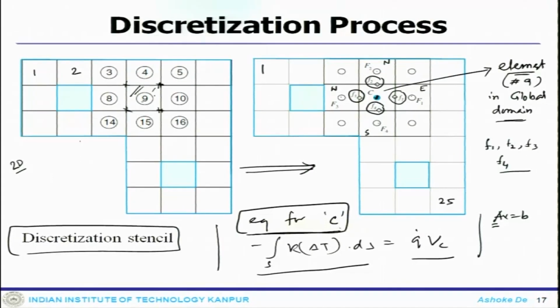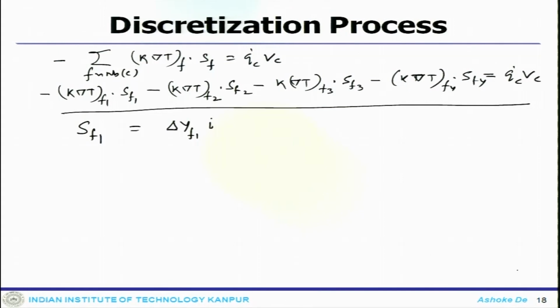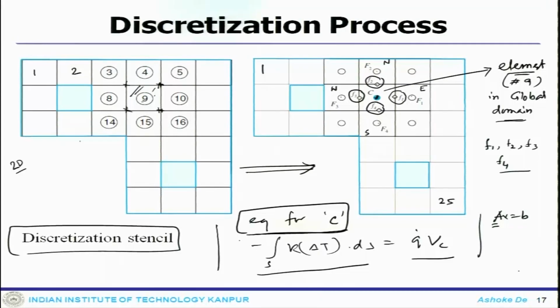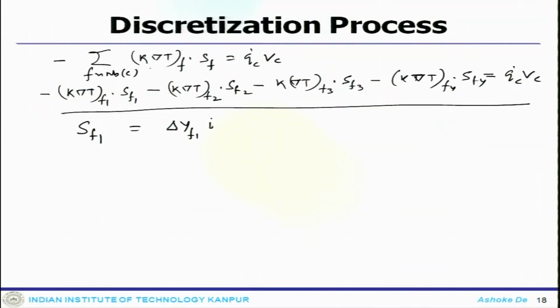But if you look at a particular element, in the programming you actually transform the complete thing to a global matrix. Now what we have done so far is, this is the equation. If you just look at it, the equation is in this particular form. Once you get this particular form, this is the integration over the surfaces. So the integration over surfaces has been done, and you get a summation of this over all 4 surfaces.